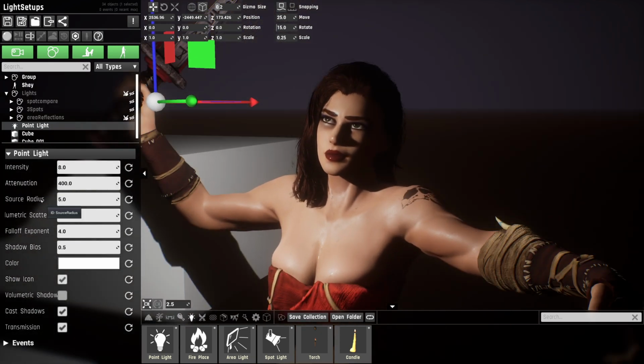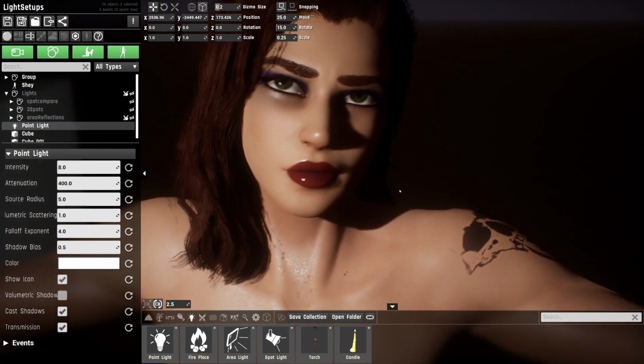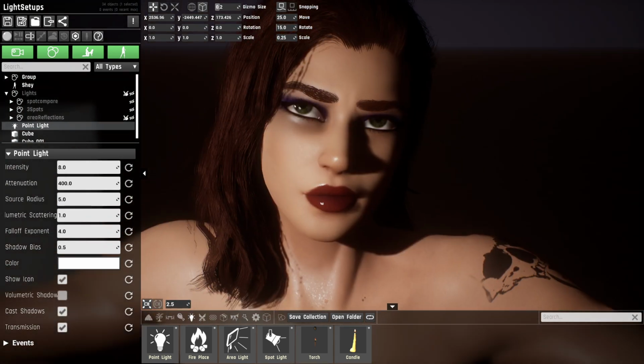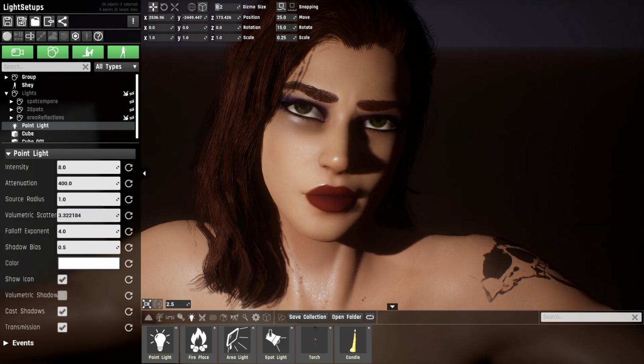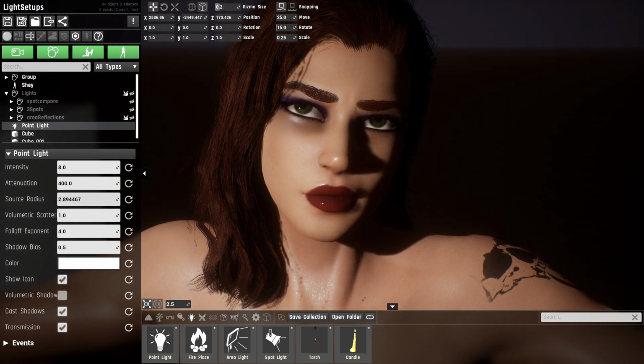Next is the source radius. All the lights have this. And this is something that we can look at the effect of if you look at the specks of reflection in her eyes or her lips, for example. If I have the source radius and put it to 1, you can see this point is really small now. And if I slide it up more and more, you can see how it's becoming bigger and bigger and bigger until it also becomes weaker, because the